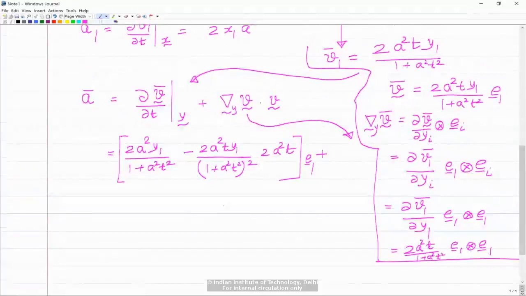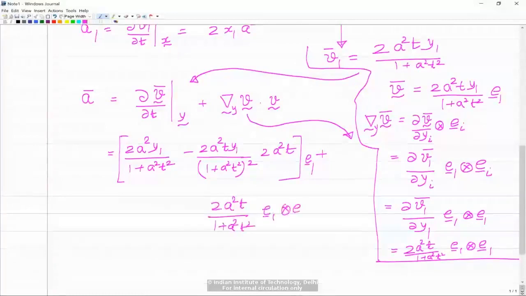Okay, so we can come back here and write 2 times a square t divided by 1 plus a square t square of e1 tensor product e1, and this has to be then multiplied with the velocity itself, which is again v1 e1. Okay, so that's 2 times a square t y1 over 1 plus a square t square